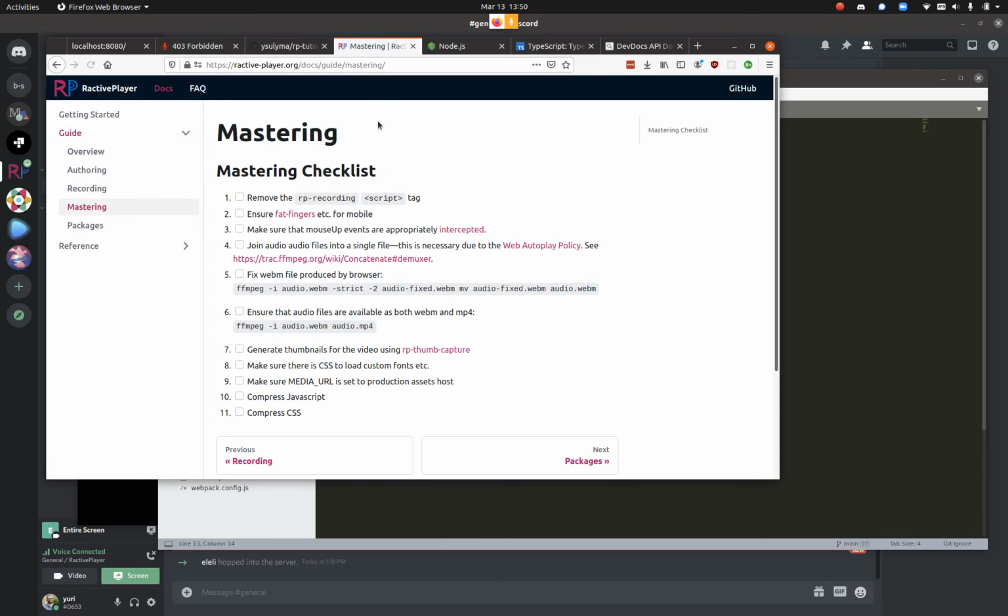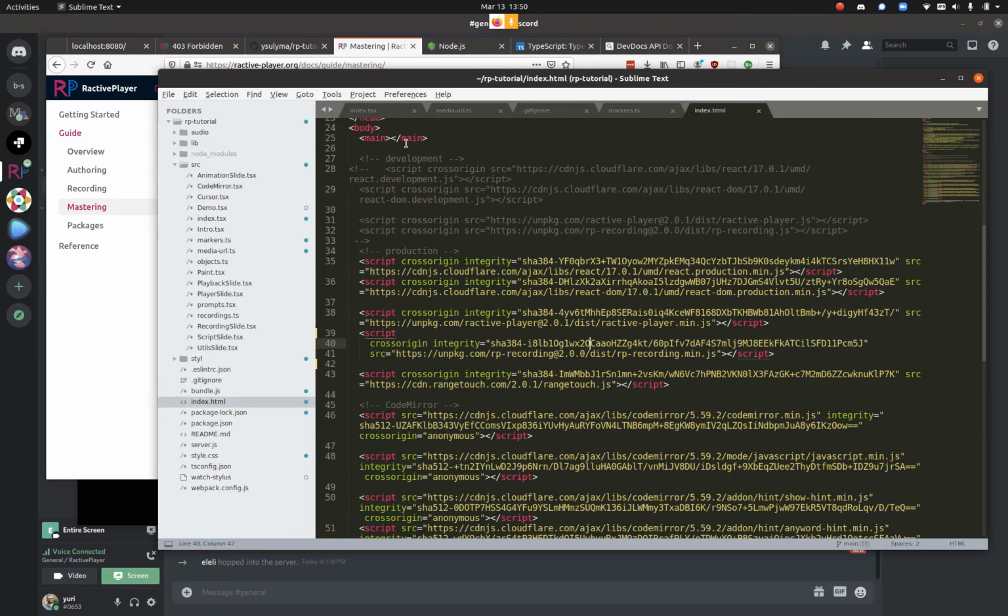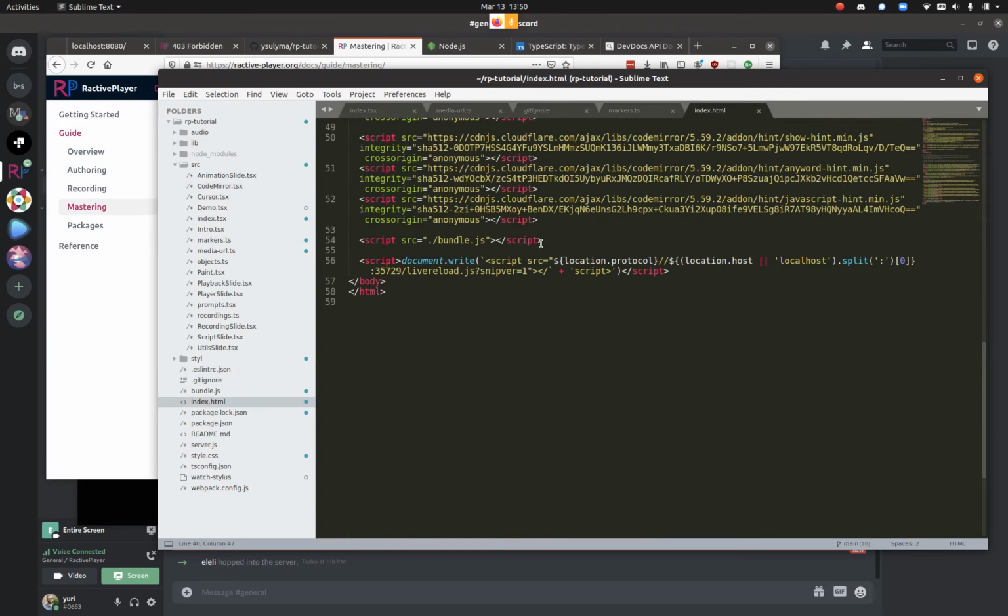Okay, so I have this mastering checklist that explains a checklist of different things to go through before making sure your Ractive is production ready. So, the first item on the mastering checklist is to remove all of the